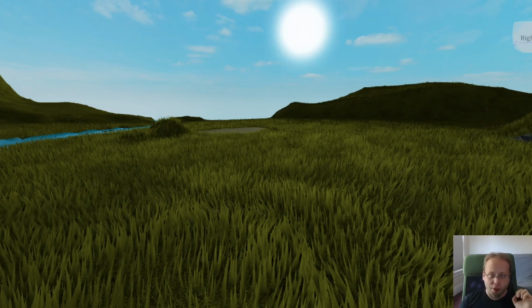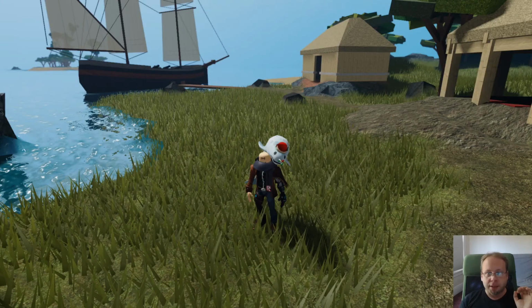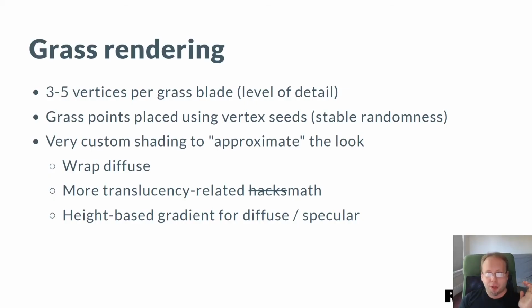Here's how grass looks. This is a dense field where you can see some animation and some shading experiments. And here's a much less dense field with a bit of a different kind of structure, running with the rest of the environment as well. So grass ends up being a bit of science and then a whole lot of art and a whole lot of work to make it look just right without paying too high of a performance cost for it.